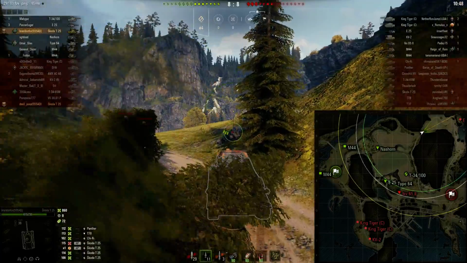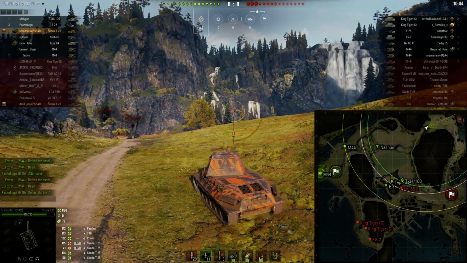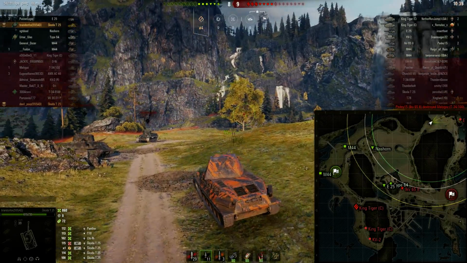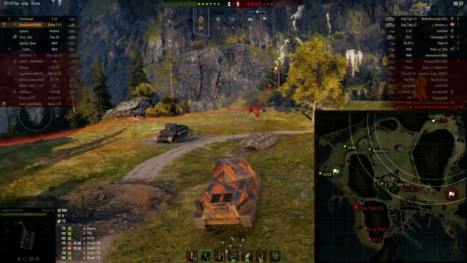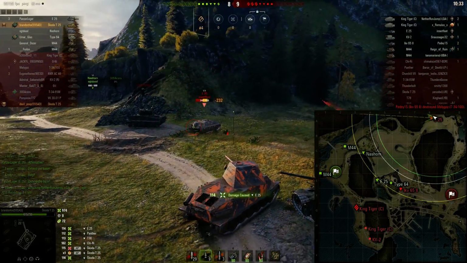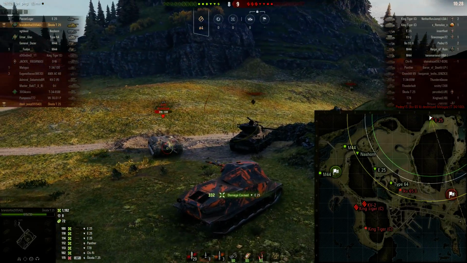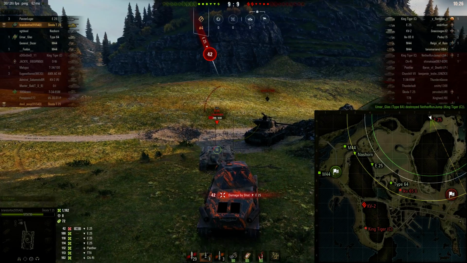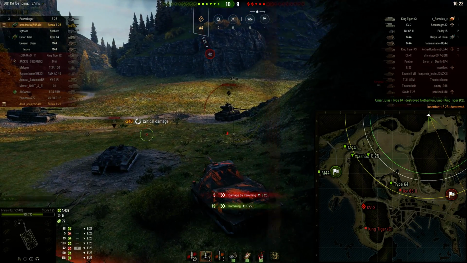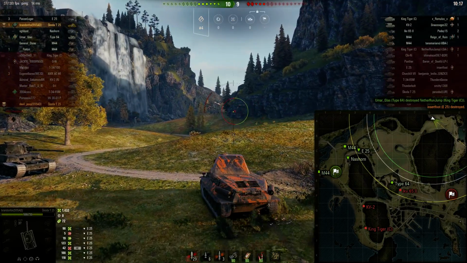The good news is they have an E25 and they've got a Nashorn. And both of those tanks can do some serious damage to heavies. Even though the E25 does not have... Speaking of E25s, I think I would have aimed those shots, and the reason I would have aimed those shots is because that E25 you could have tracked, but nevertheless he was shooting HE, which okay,